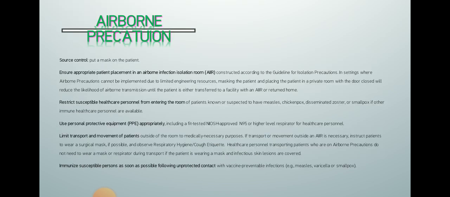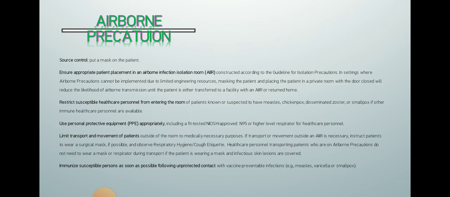And airborne. Ensure appropriate patient placement in an airborne infection isolation room, or AIIR, constructed according to the guideline for isolation precautions. In settings where airborne precautions cannot be implemented due to limited engineering resources, masking the patient and placing the patient in a private room with the door closed will reduce the likelihood of airborne transmission until the patient is either transferred to a facility with an AIIR